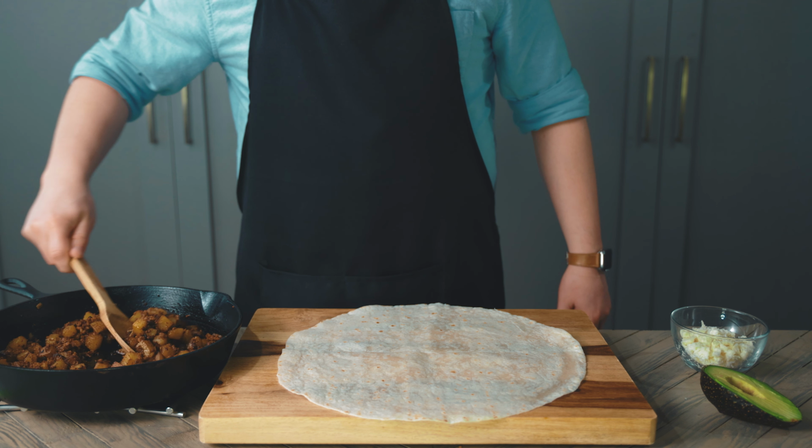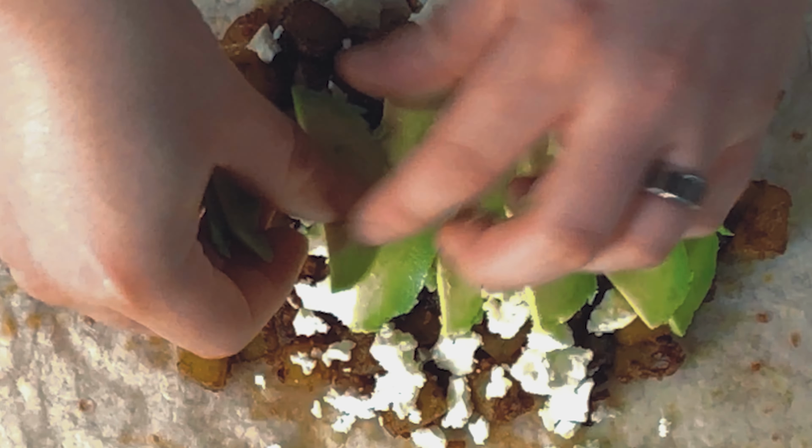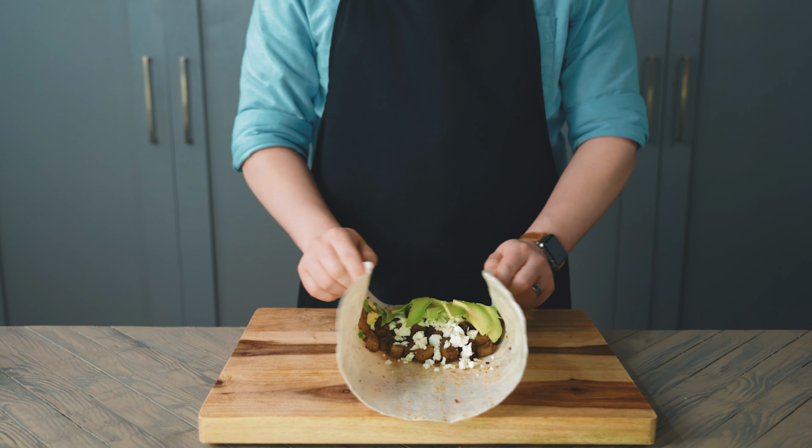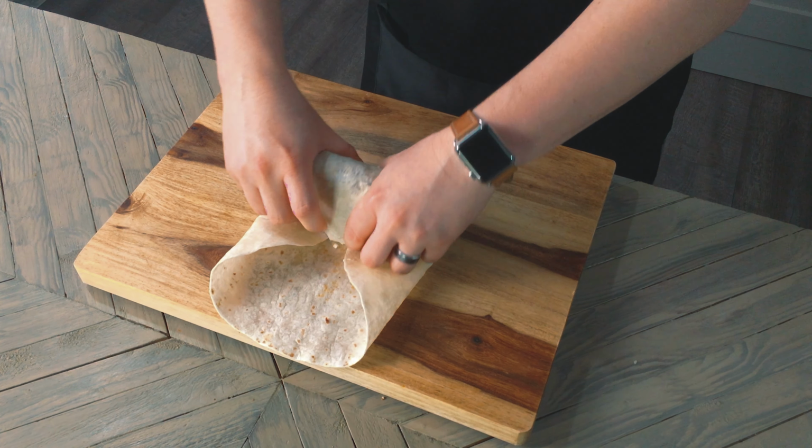When it comes to assembly, you'll quickly warm up your tortilla. I use the microwave. Add half the filling into the bottom, keeping it centered, followed by about a quarter cup of queso fresco, and about a quarter of an avocado sliced. Then, take both sides of the tortilla and fold them in. Holding these flaps down, we're going to pull up the bottom and wrap it over the fillings, tucking it under